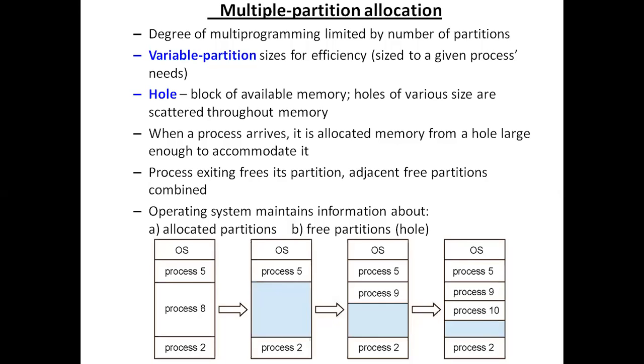As process 5 comes, it occupies this hole. As process 8 comes, it is a bigger chunk, so it occupies this. Then process 2 occupies this hole. So we say that there are no holes available, since the 3 available holes are taken care of by 3 processes. Now let's say process 8 has finished its execution and the process is terminated.